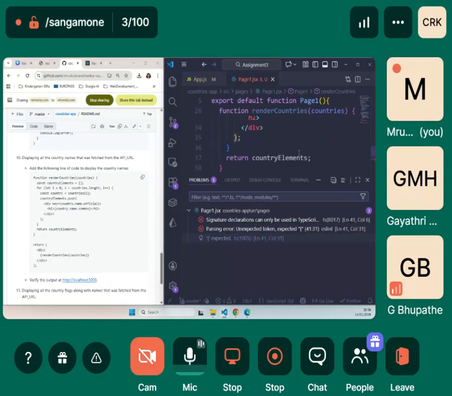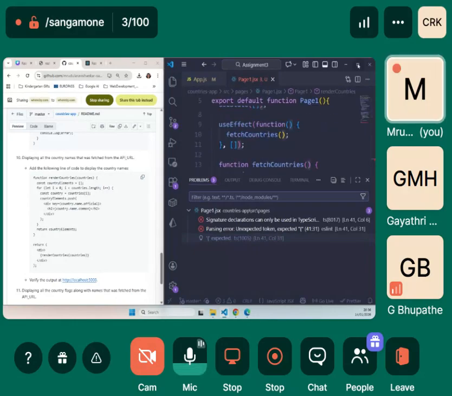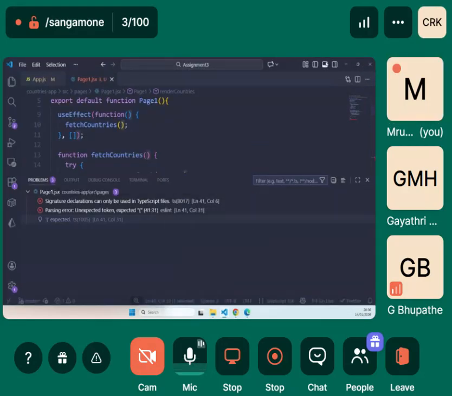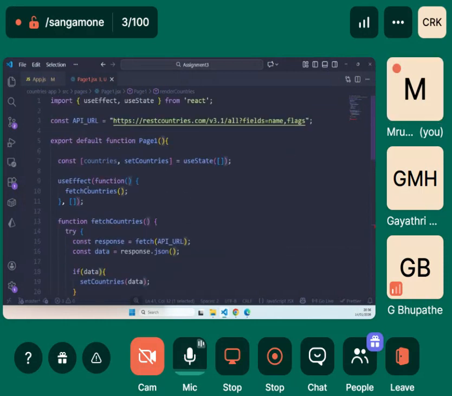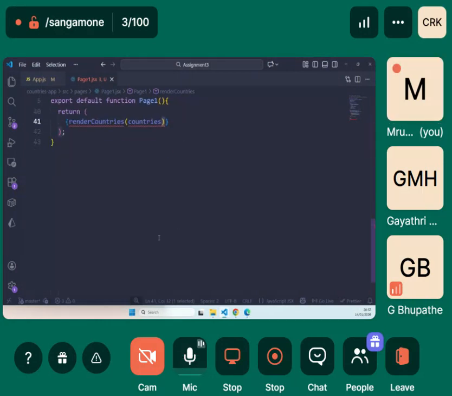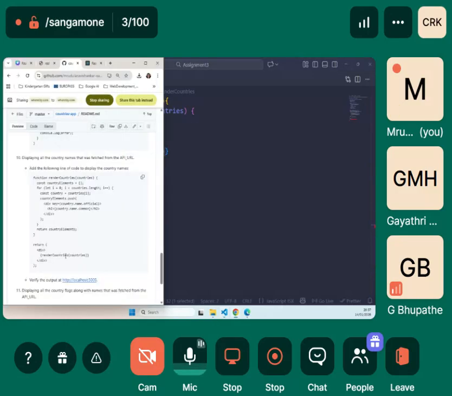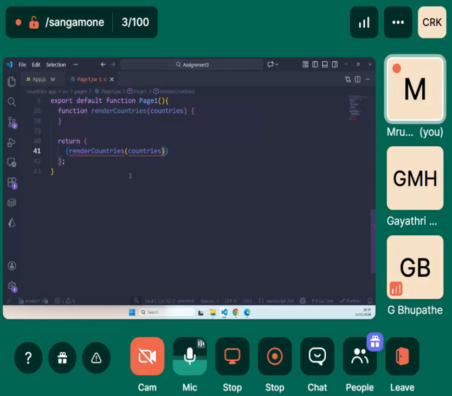Expected here. Oh, wait. I think we might have some issue here. Let us see. Ah, we do not have a div. It should be enclosed in a div.